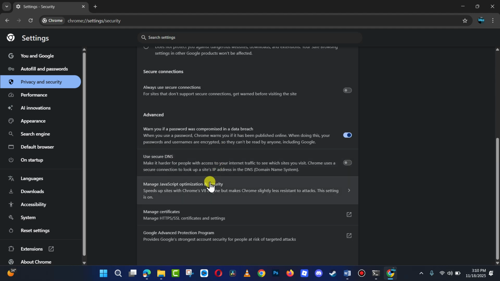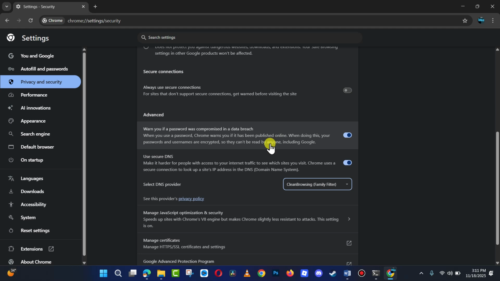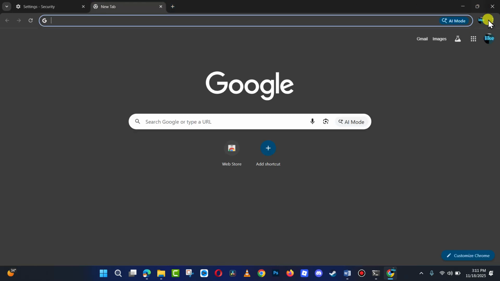Scroll down, enable this use secure DNS. Click on this select DNS provider. Now select this one, clean browsing. So that's this one. So the next thing to do, click on this new tab, go to three dot again,